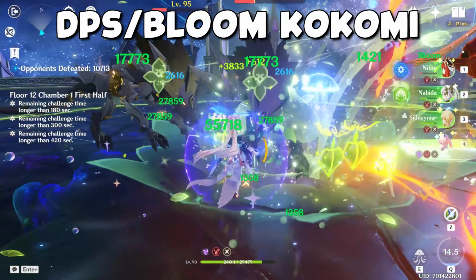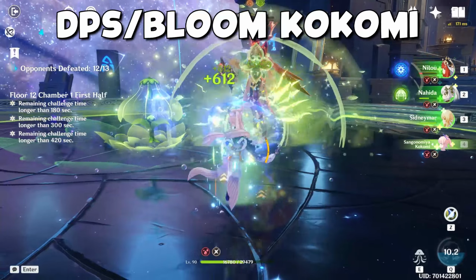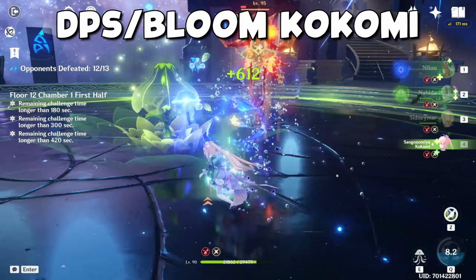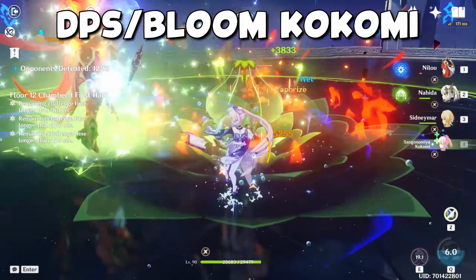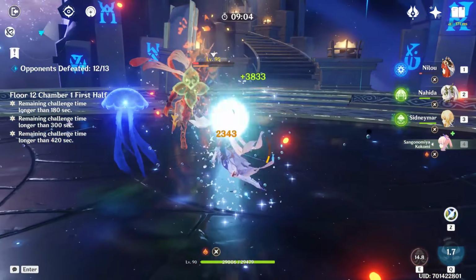Something very important to note, if your team is focused around Hyperbloom or Burgeon, Kokomi is not going to be your main DPS and does not need the EM. Your character that procs the final reaction will require the EM build and not Kokomi. That is it for Kokomi's best